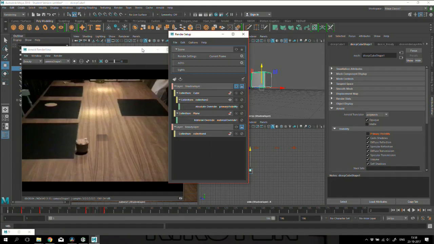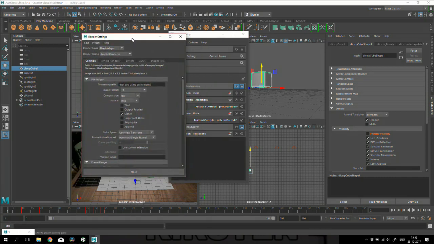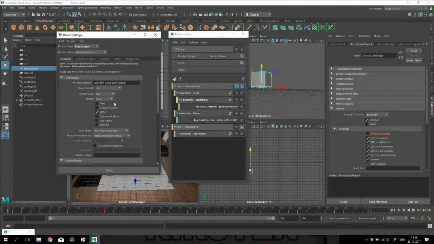Next, I don't need this anymore either. We're going to go into our rendering menu and go into render settings. Here we are going to choose what format we want to render it as, and we want to render it as a TIFF file, because the Arnold renderer will not allow you to render alpha layers otherwise, and we want alpha layers for the shadows. So you need to create a TIFF layer,